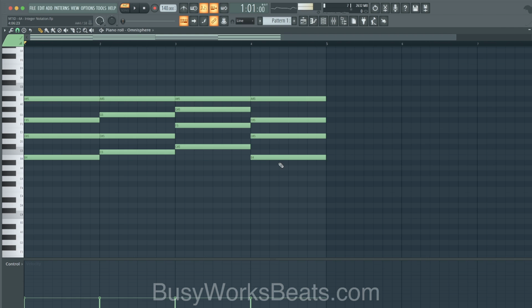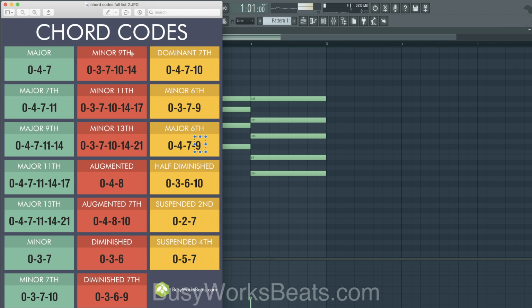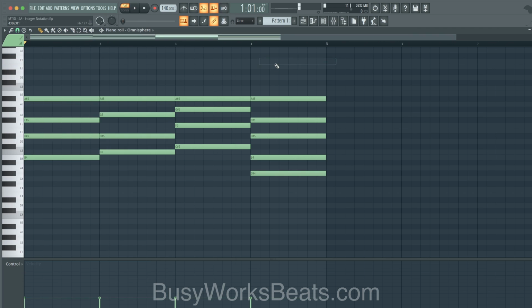The quick way to extend this chord is to count down as if it's a minor chord. So it's 1, 2, 3. Okay, so it's 0, 1, 2, 3, 4, 5, 6, 7, 8, 9, 10, 11, 12, 13, 14. And what does that create? A minor ninth chord. So I just converted a major seventh chord into a minor ninth chord simply by counting down 1, 2, 3 at the bottom.